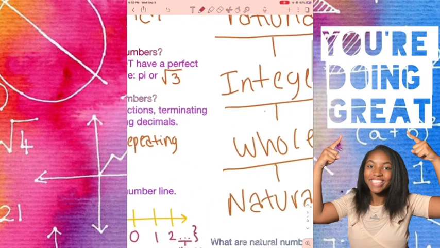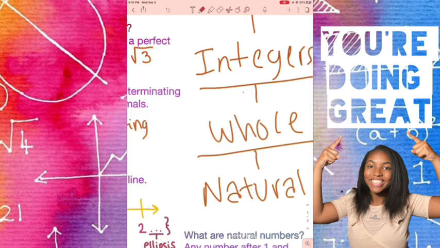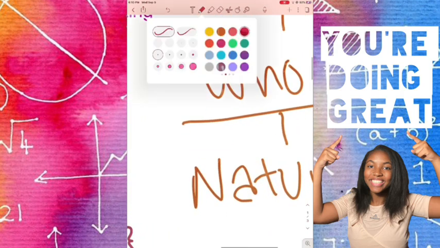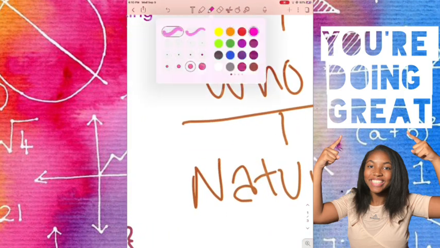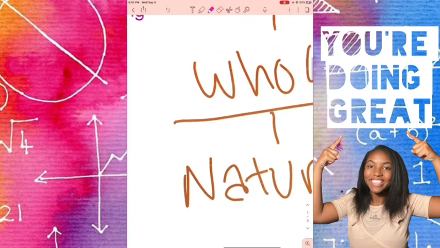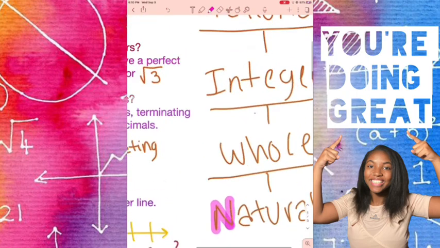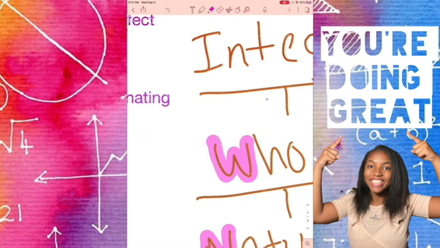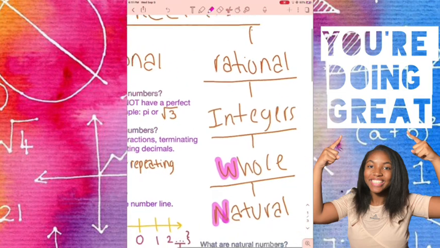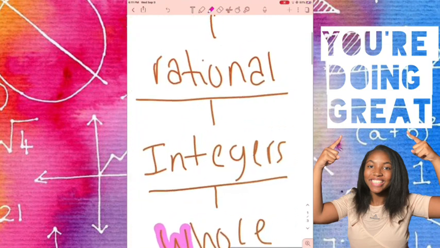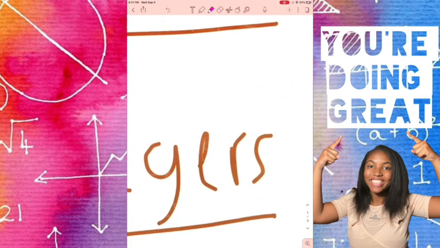So now that we're done with our little write down break, the best thing about these is that every different type of real number has an abbreviation. And this is just the way I remember mine easiest. Natural is just the letter N, so I highlight the N. Whole is just the W, so I do the W. Now with integers, it is with an S, but I put it with a Z because that's what integer stands for. So I just changed that S to a little Z.